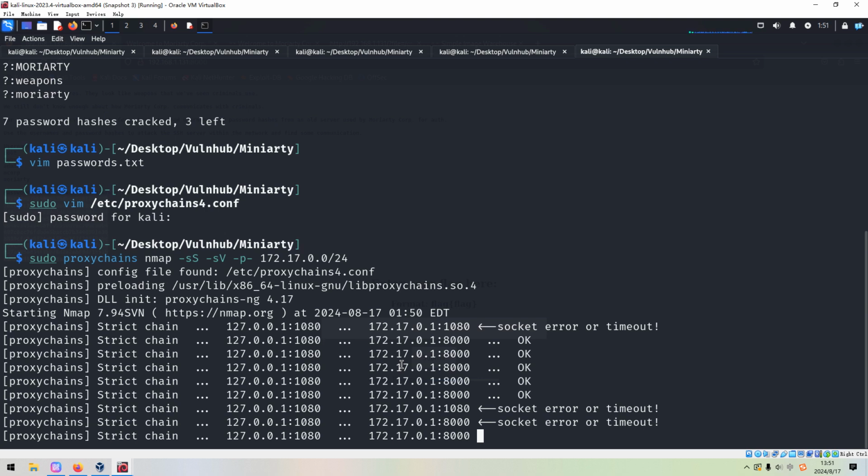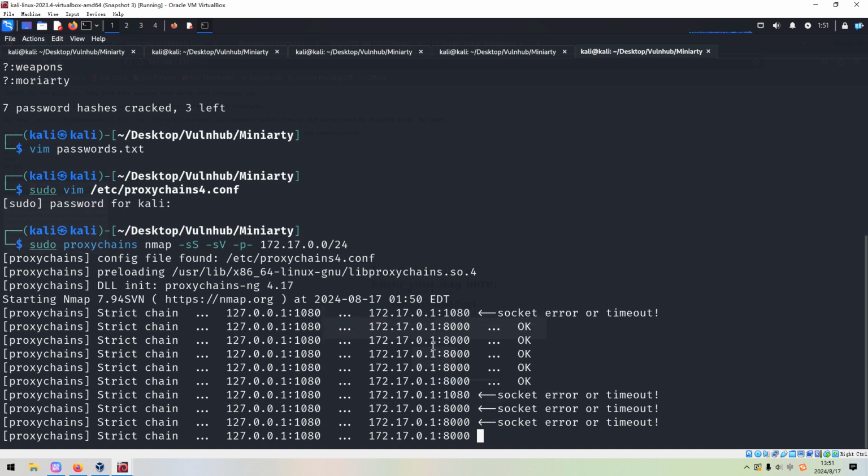This machine is the host machine. We cannot make an attack against this IP address.